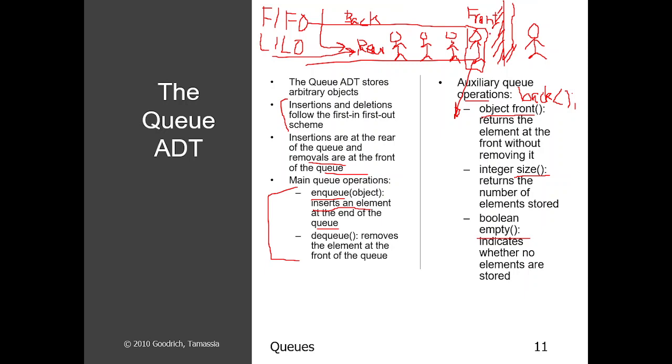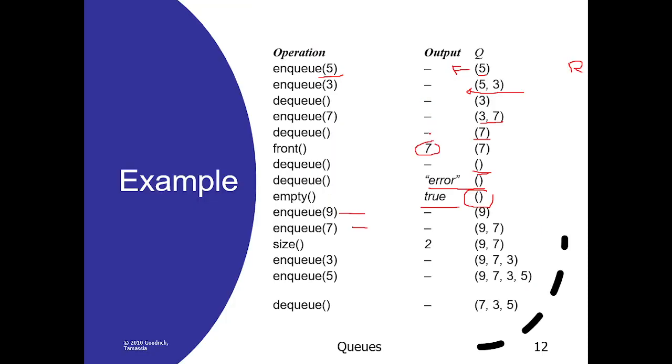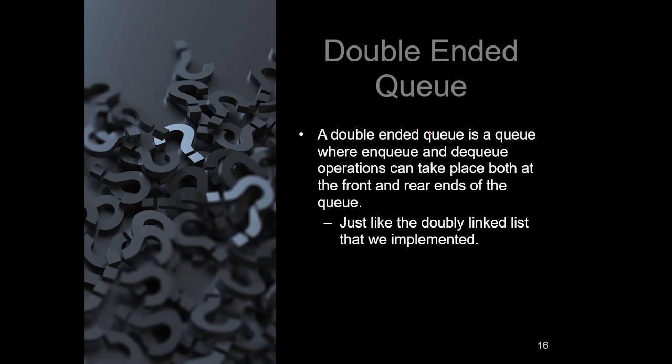Sometimes senior citizens arrive and say they can't wait, so then in an emergency we can NQ a person here at the front as well. So we should be able to NQ a person at the front, and we should be able to DQ a person from the back. So that is a double-ended queue. That is a double-ended queue, and it has its own